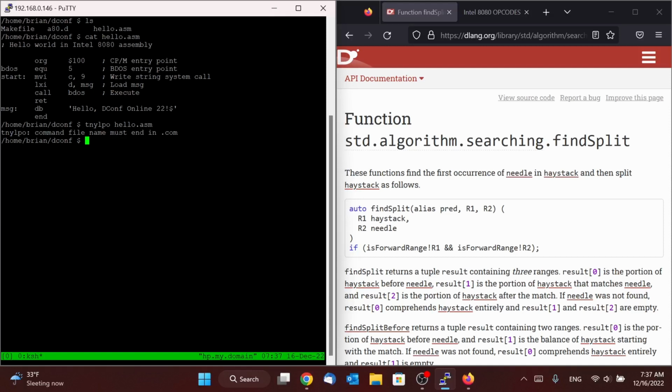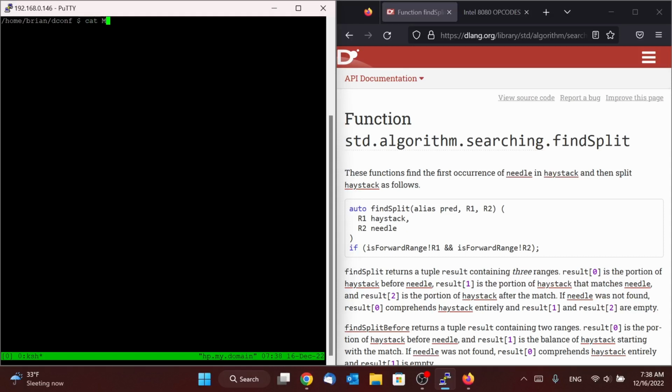That makes sense because it needs to actually be an executable file, and this assembly file is not. So we're going to do the work together to convert this assembly file into the actual executable file needed to actually see the hello DConf online 22 message printed to the screen.